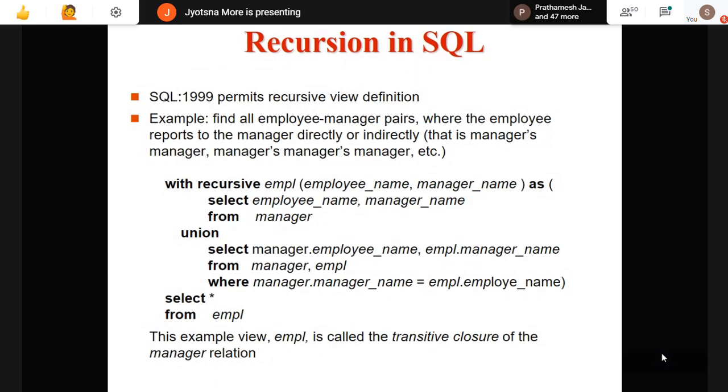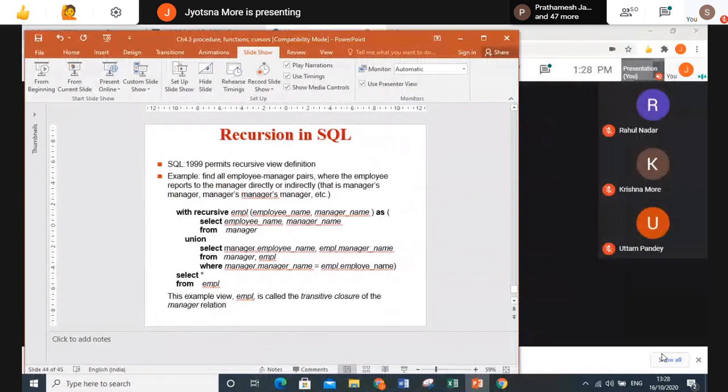Recursion I will cover in the next slide because right now the time is not there. I even have a meeting after that. So till here everything clear, students? Function, procedure and cursor. A cursor can be a part of a procedure you can create to make it simpler. Okay, just temporary storage of that.